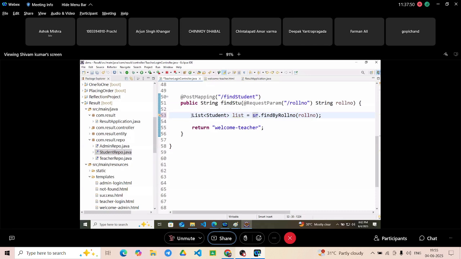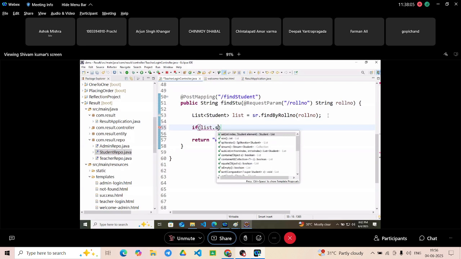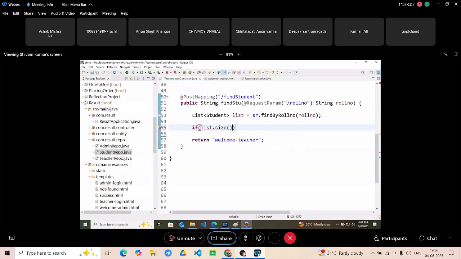List of Student, sr dot findByRollNumber, and here I will check if list dot size is equal to 1, because roll number is a unique value and you will always get only one value. So if the list size is 1,